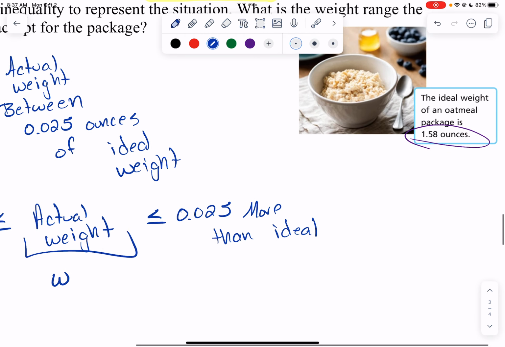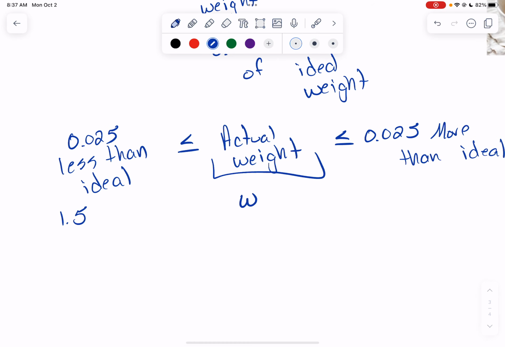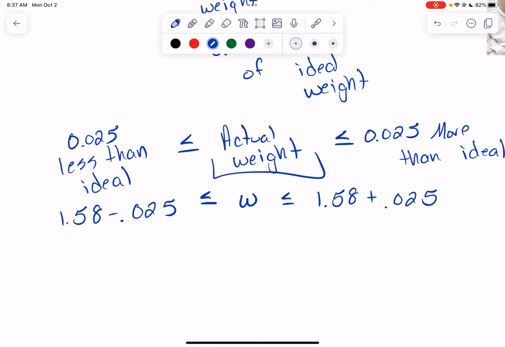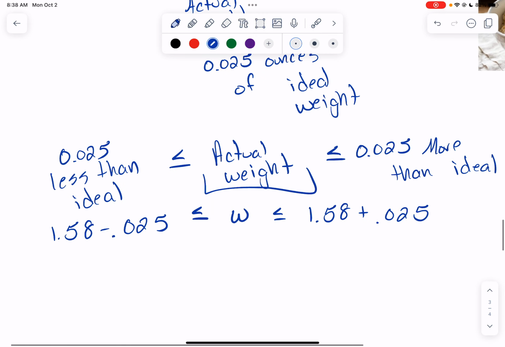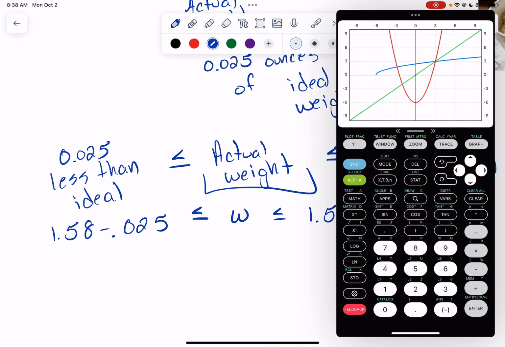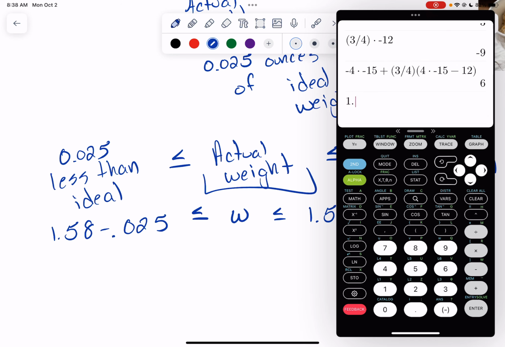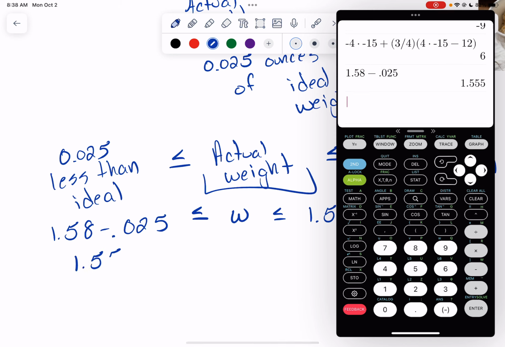Well, we know the ideal weight is 1.58. So it could be 1.58 minus 0.025, less than that. So too small. Or it could be more than that, the 1.58 plus 0.025. And if you get the subtraction problem backwards, you'll find out it won't work. You'll get a negative. The weight can't be negative. So I need to take 1.58 and subtract 0.025. So I'm going to take 1.58 and subtract 0.025. So between 1.555